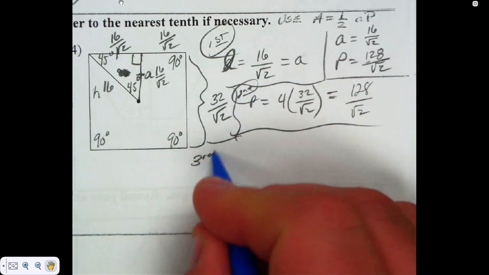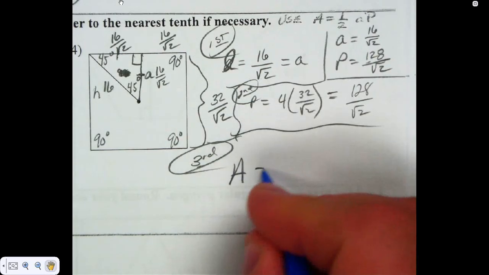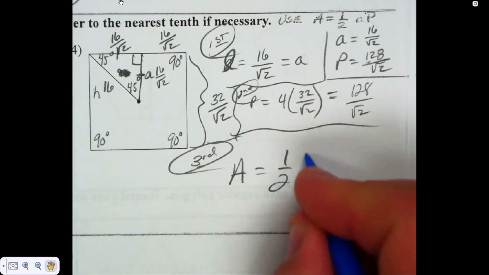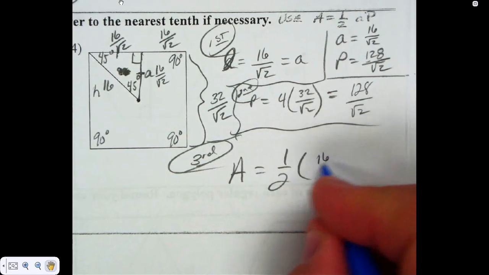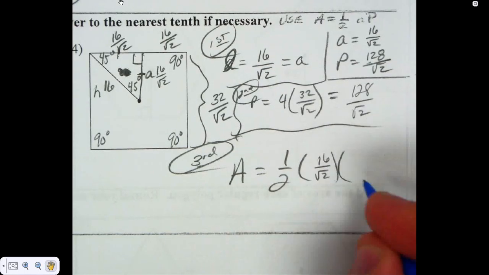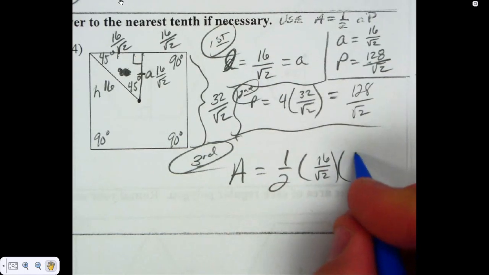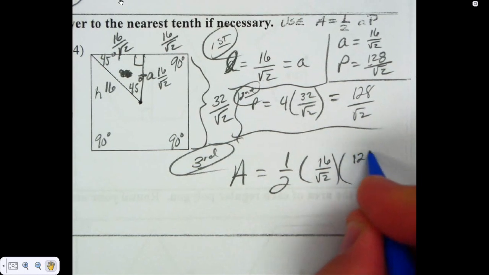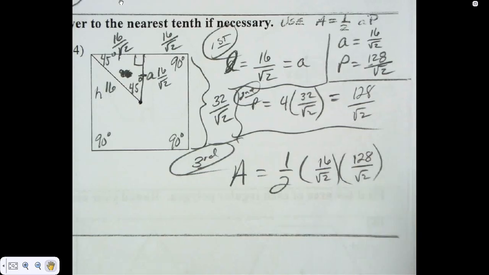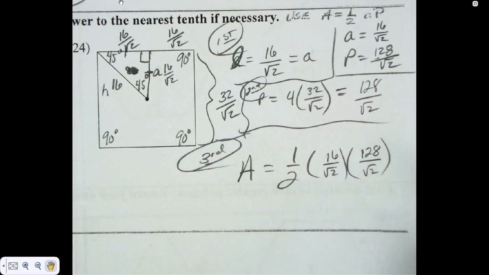Third thing, now I'm going to use the formula. A is equal to what? 1/2 apothem, which is what? 16 over square root of 2, times the perimeter, which is what? 128 over square root of 2. Here's the deal, this one's actually easier to do by hand, but if you wanted to put it into your calculator,